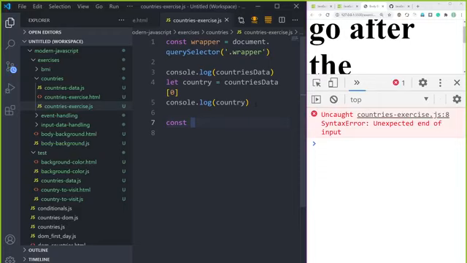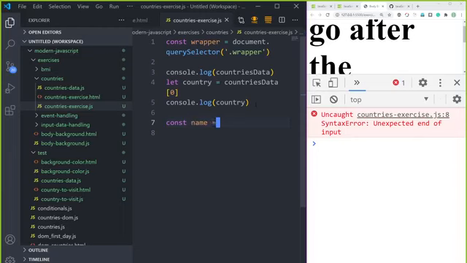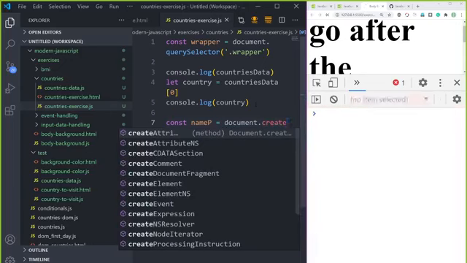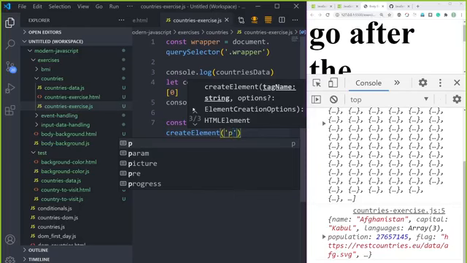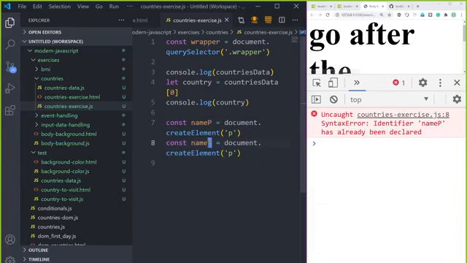We can say name, and I call it nameP. NameP means paragraph, document.createElement, and then I call it p. And I create for the capital city, capital,